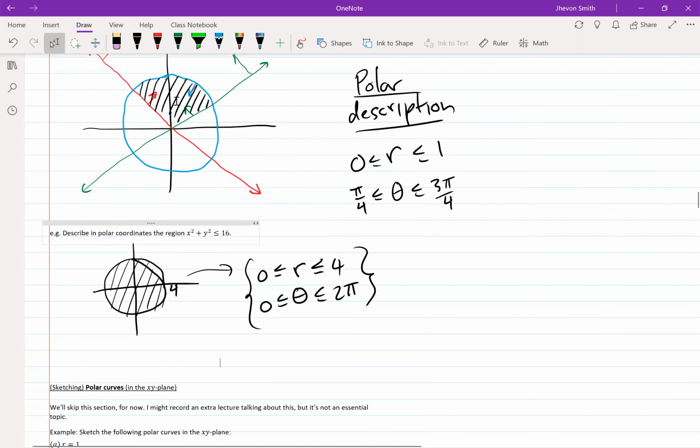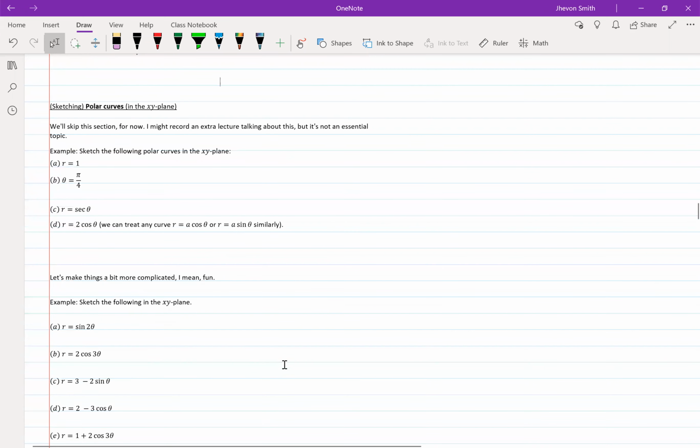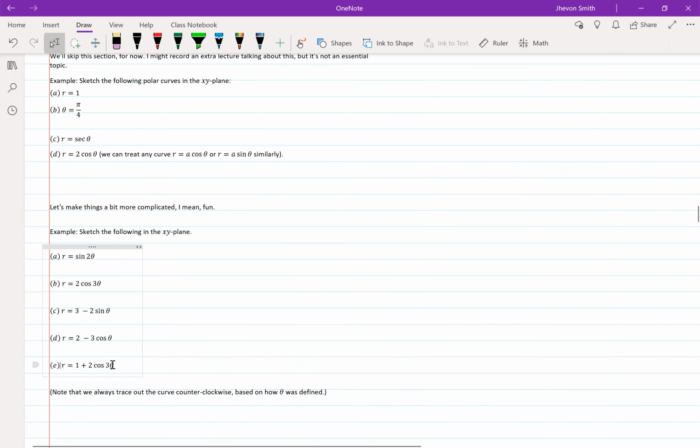We know that these circles are actually rectangles in the polar universe, but if I had something that was a trig function in the polar universe, what would it look like in the XY universe? It turns out that it will actually look pretty cool. So for example, if I were to draw this one,